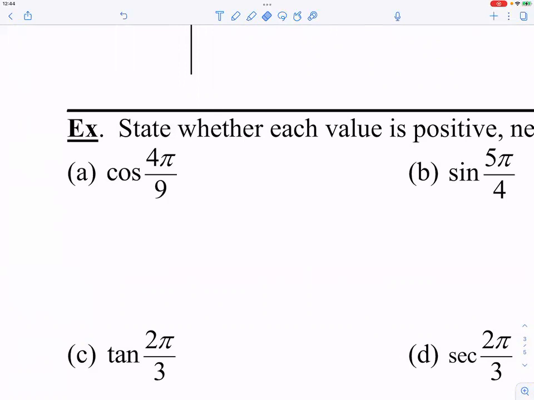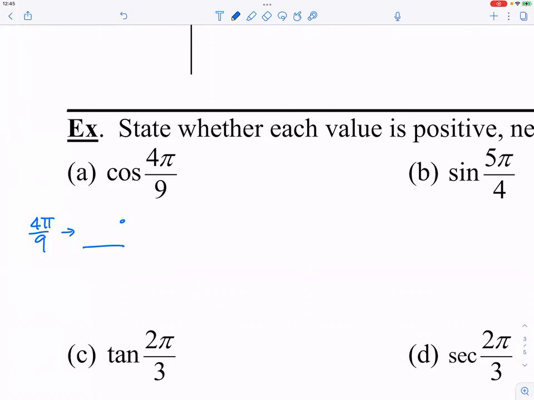All right, now, there are a couple of ways you can tell. Easiest way, as a practice for tomorrow's quiz, can you go ahead and convert 4 pi over 9 to degrees? How do you know? So pi over 9 is 20 degrees because pi is 180 degrees. So pi over 9 is 20 degrees times 4,